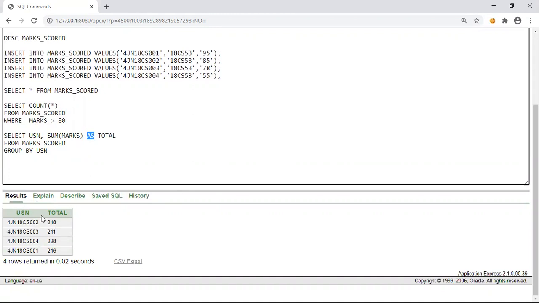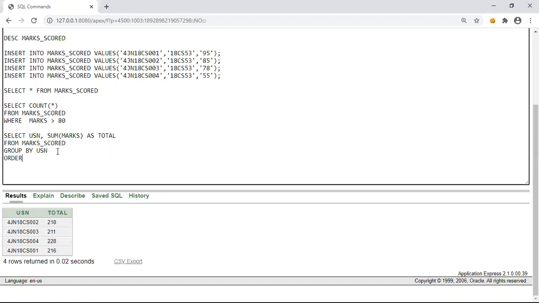But if you look at the USNs, it is not sorted, right? USN 1 is present at the bottom. If we want to sort the result, we have to use one more clause, that is order by.